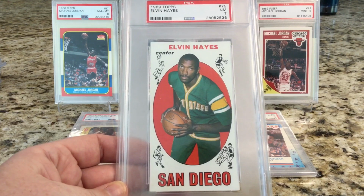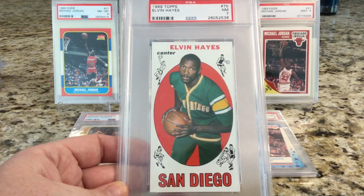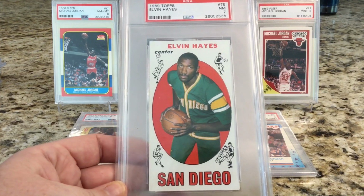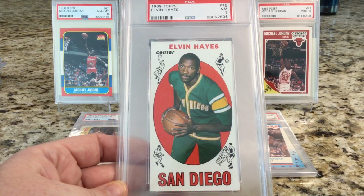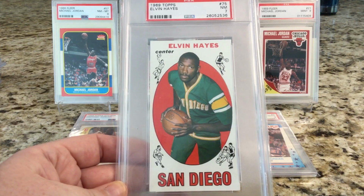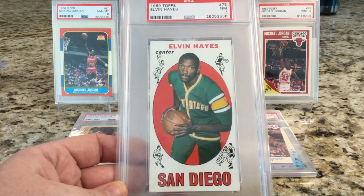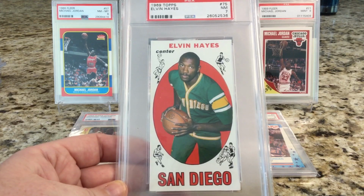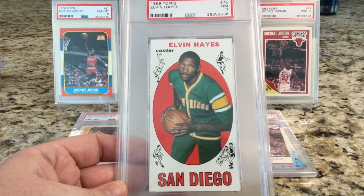At the time, UCLA had a 47-game winning streak, and Houston broke that streak, led by Elvin Hayes and his dominance of Lou Alcindor at the time. They did meet again. They both went undefeated the rest of the year, and UCLA blew out Houston in the semifinals of the NCAA